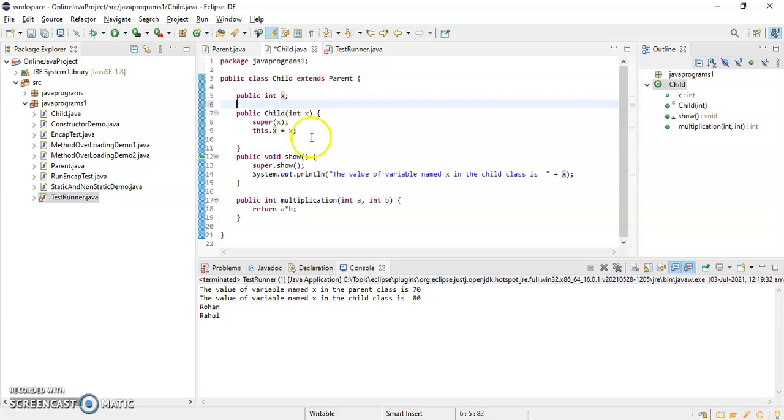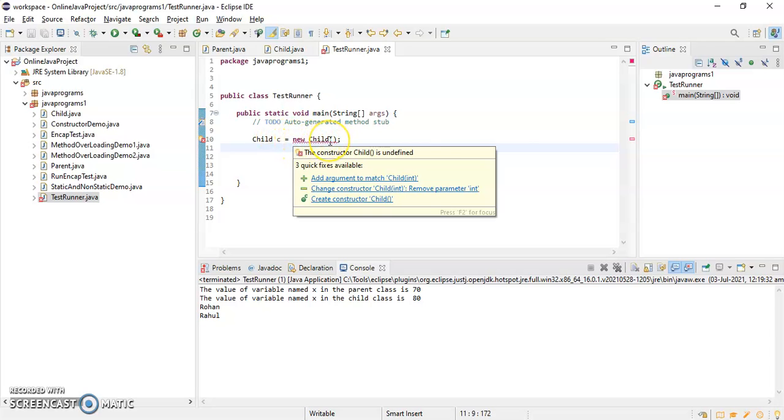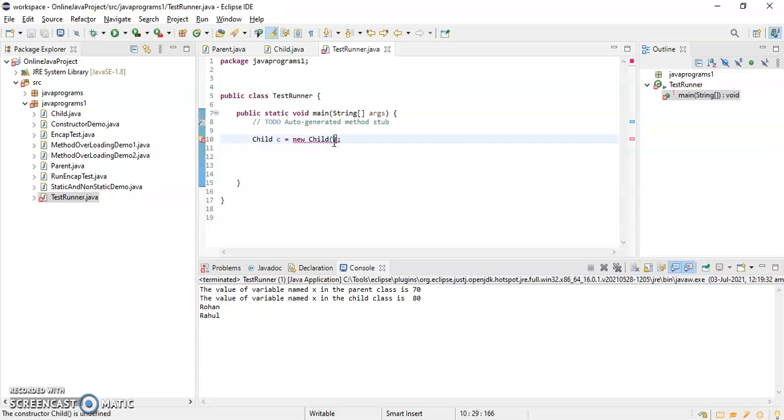If I go to the test runner class, whenever I am creating one object of the child class, it is asking me to give one argument because that is a parameterized constructor. Say I will give 90.